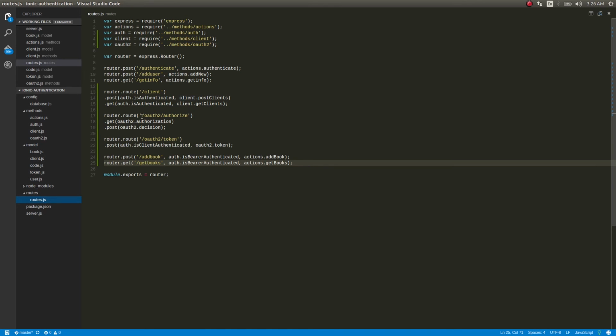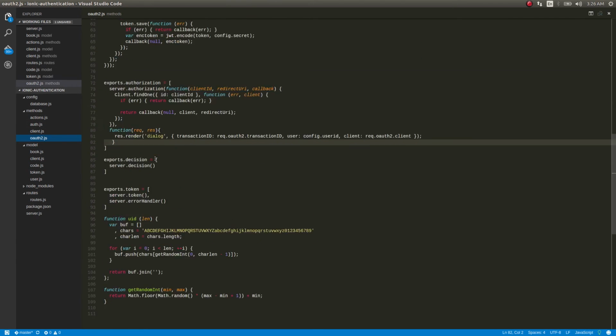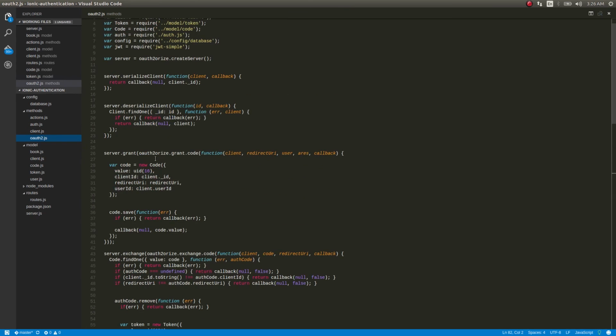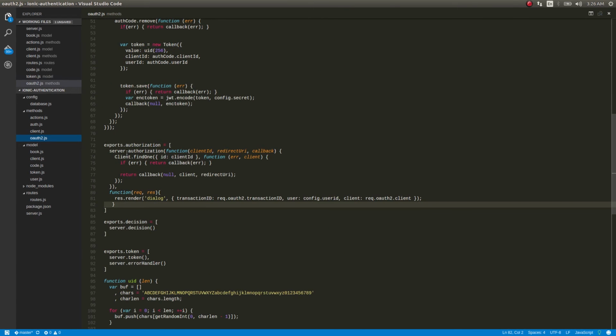So he'll basically send the request to this URL. It will be a get request. The user, if he had an app ID and a secret ID, would be logged in, right? So from there we'll invoke this OAuth2.authorization method. Let's go here. OAuth2.authorization just checks the client DB to see if there is a client with the actual client ID.